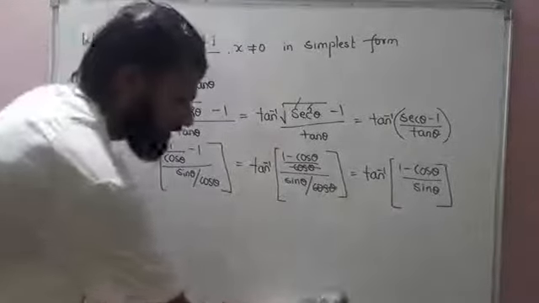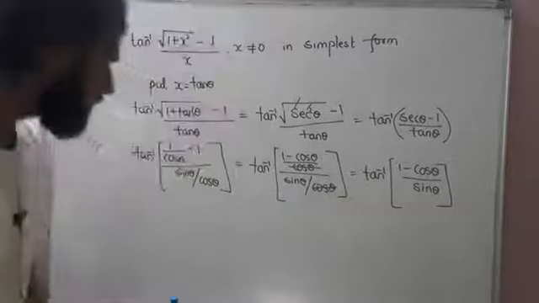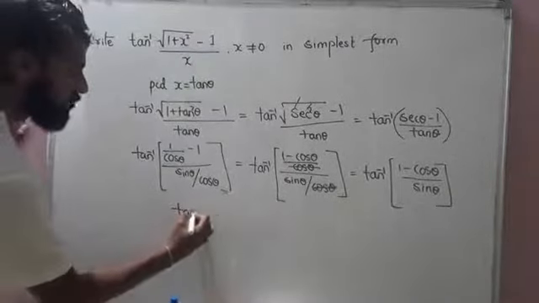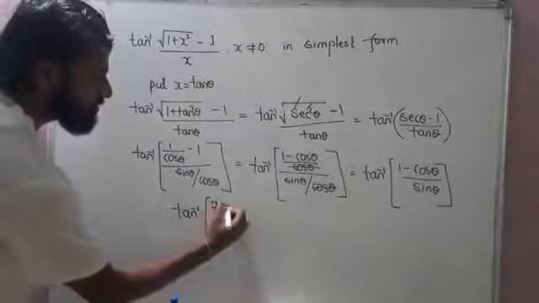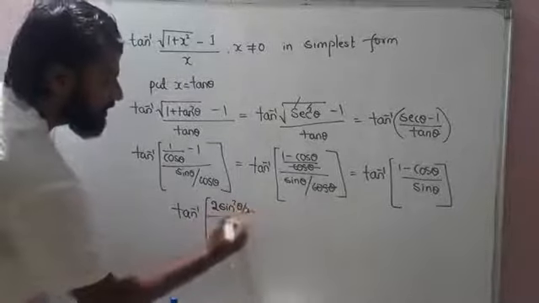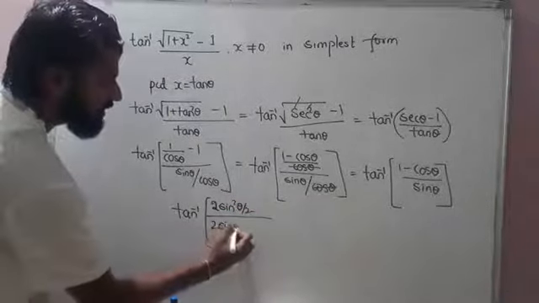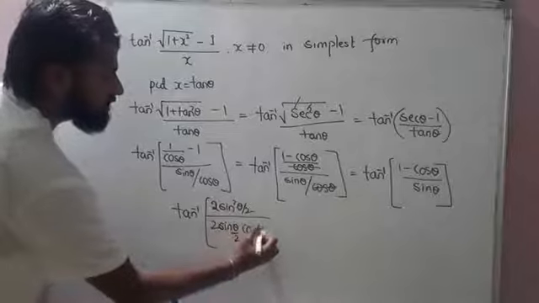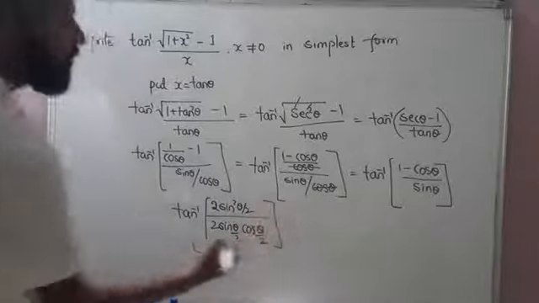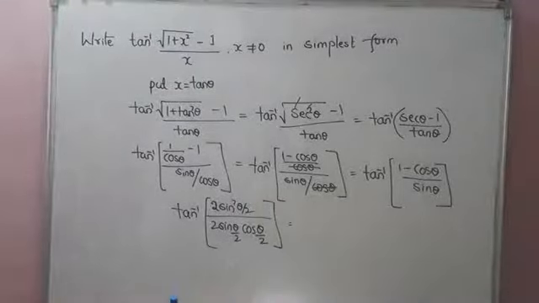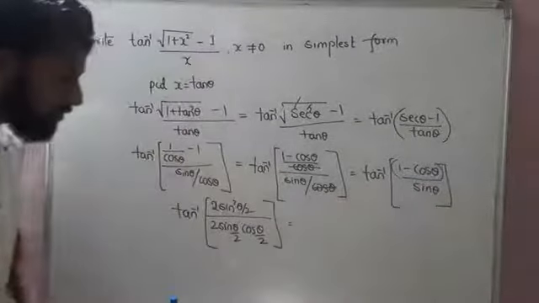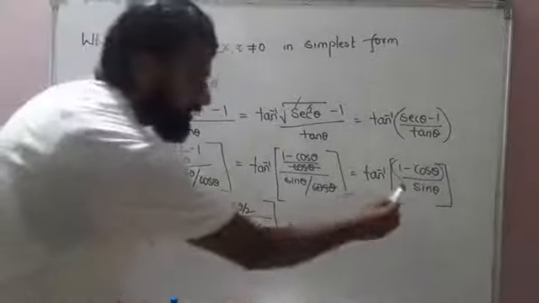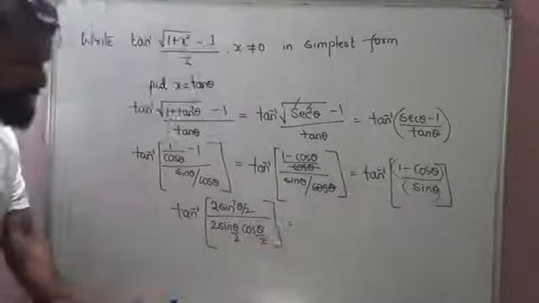So the next step will be tan inverse of 1 minus cos theta is 2 sine square theta by 2. This is 2 sine theta by 2 and cos theta by 2. I hope many of you got how I wrote that, because you already know that 1 minus cos theta, I have used many a times. This is nothing but the half angle formula of 2 sine square theta by 2, and sine theta half angle formula is 2 sine theta by 2 cos theta by 2.